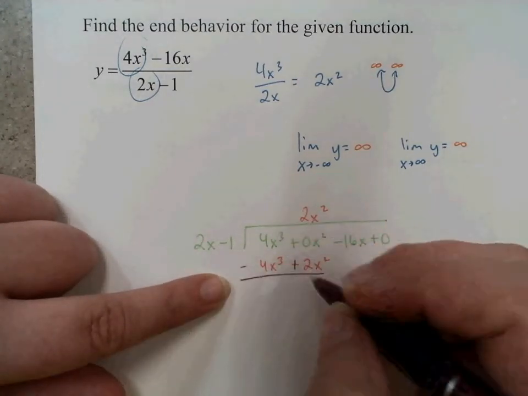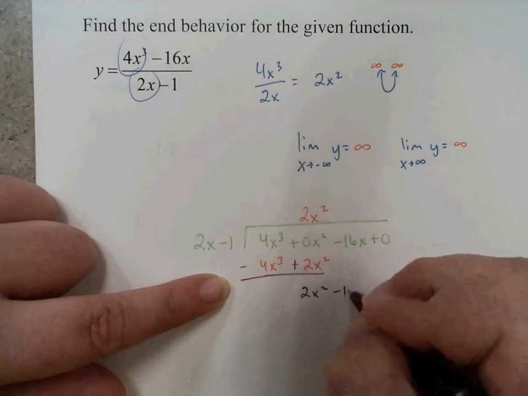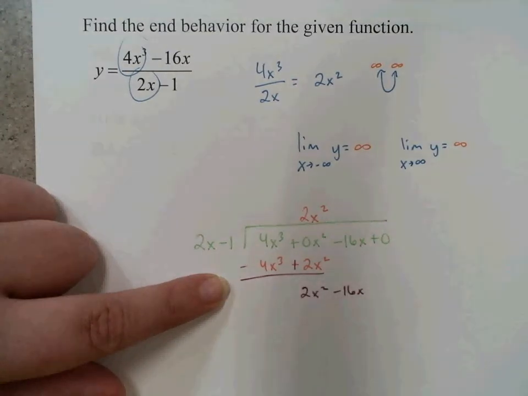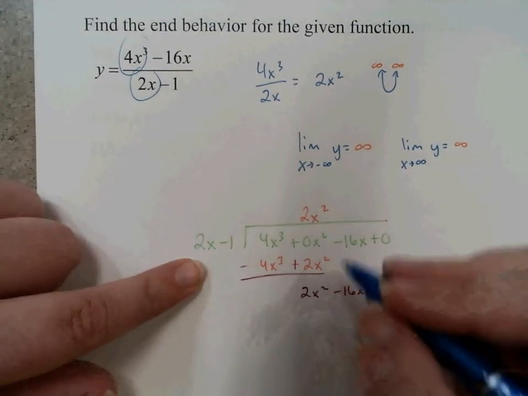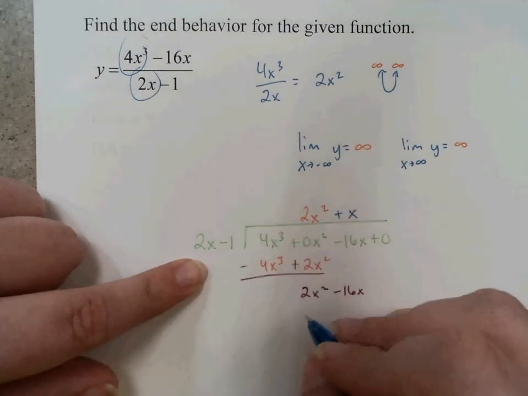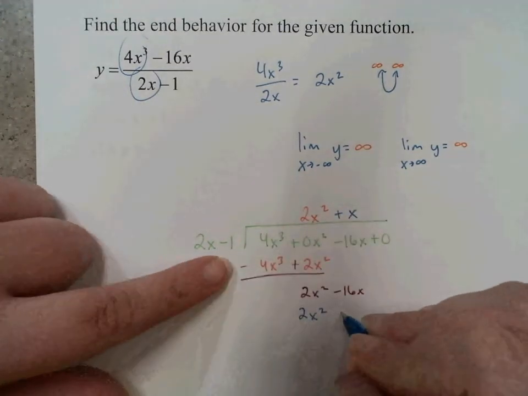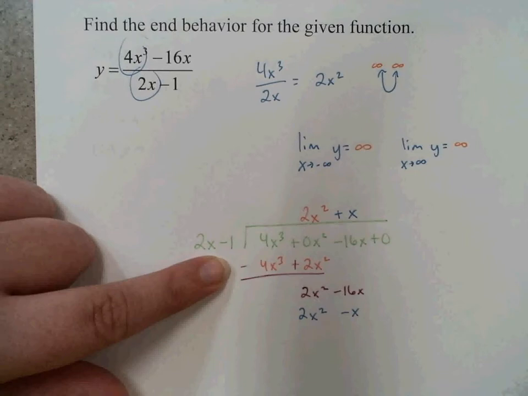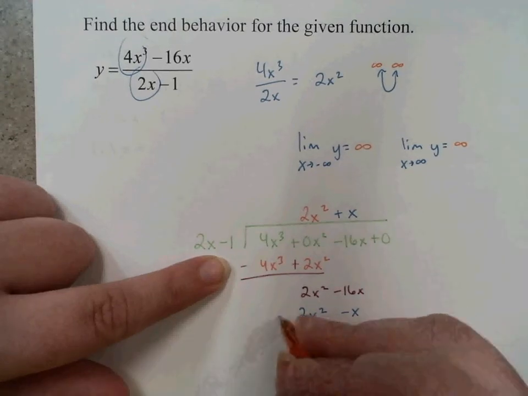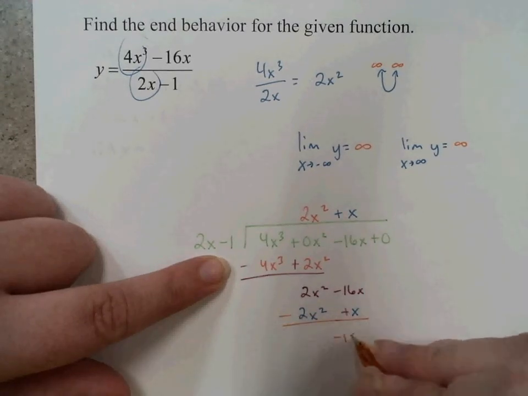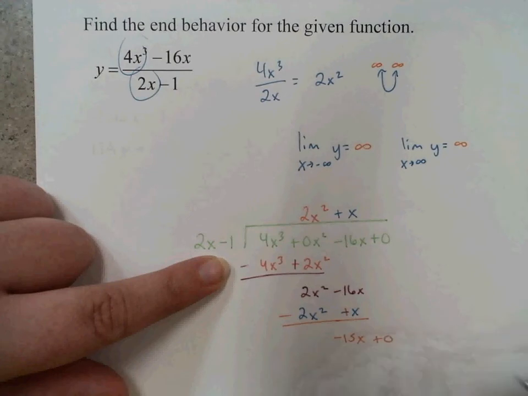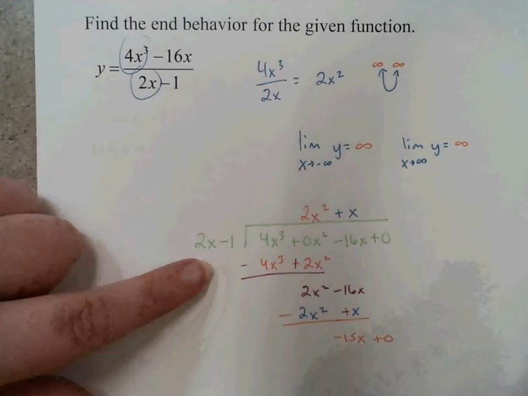Subtract, so minus plus. And that becomes 2x squared minus 16x. Bring that down. I would need to multiply by an x. x times 2x is 2x squared, and then minus x. And then subtract. That becomes negative 15x plus 0, and then the last number I need is the constant, so